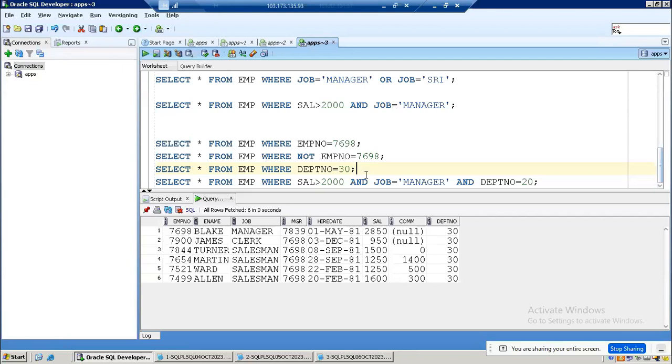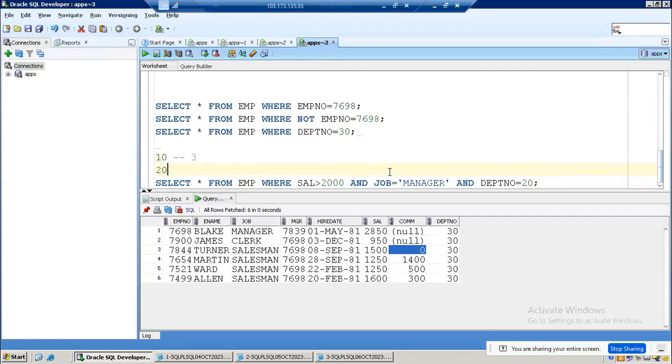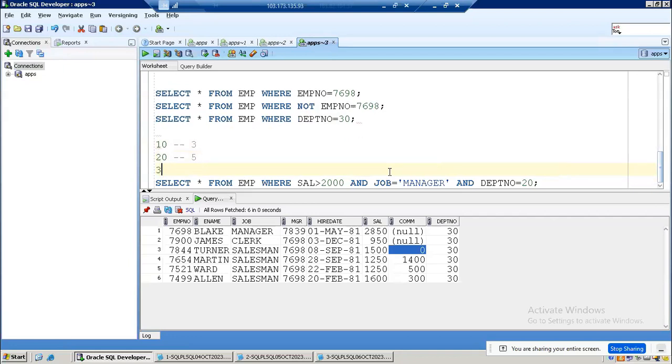Now I want to write a condition like this. If I want to display only department number 30, we will write it like this. But I want to display everything except department number 30. Now how many rows will get displayed? Suppose I write it here: 10 has 3, 20 has 5, and 30 has 6. Okay, in this case,